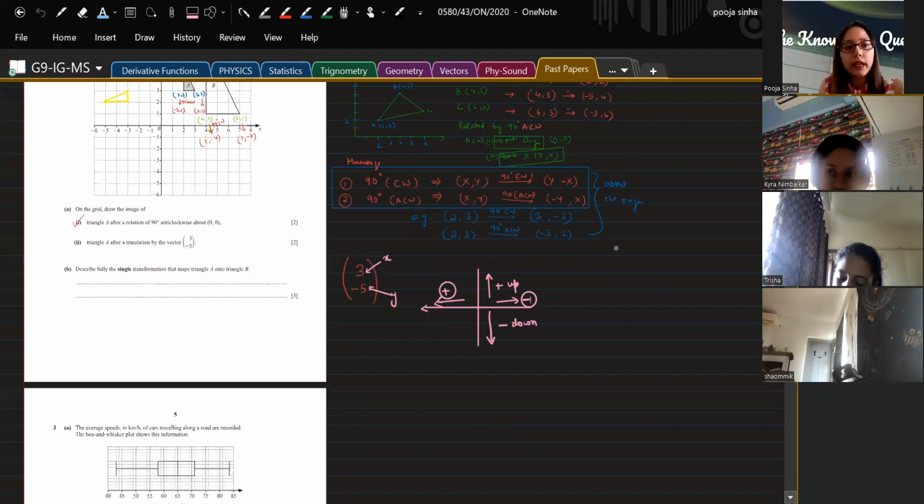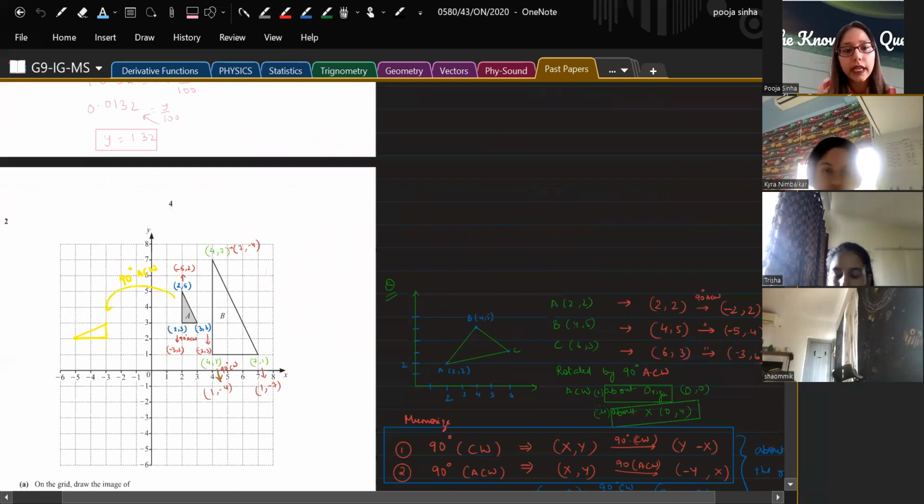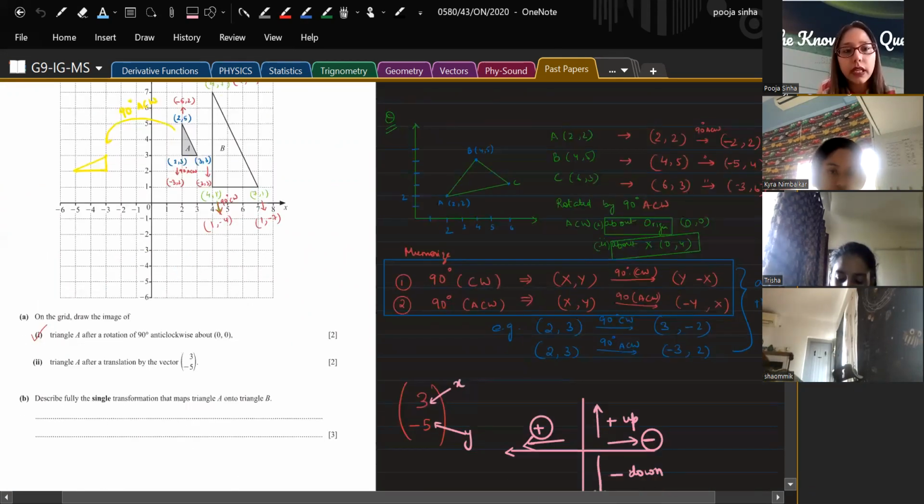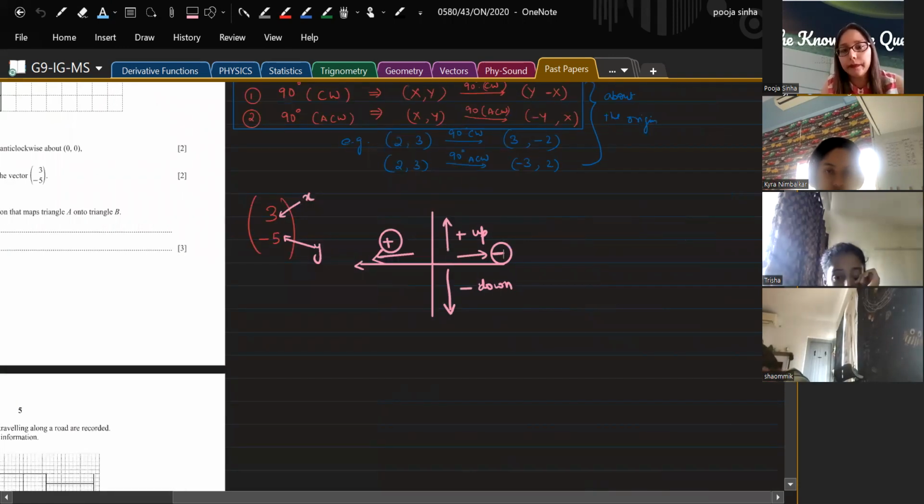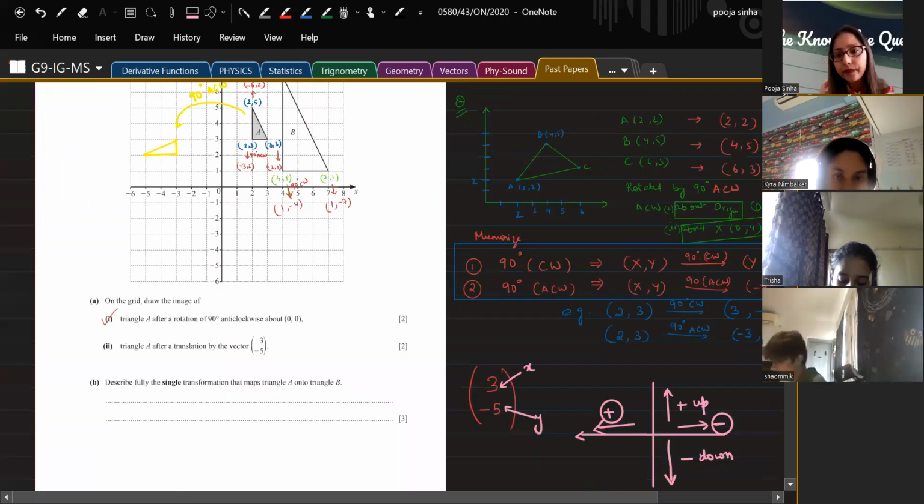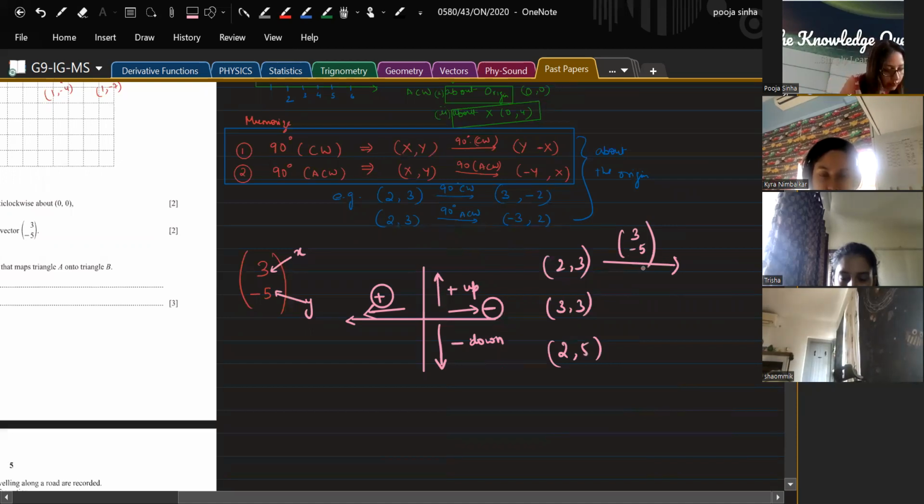So say we have to move the triangle. We have to translate triangle A, and what were the coordinates of triangle A? 2,3, 3,3 and 2,5, right? Those were the coordinates: 2,3, then it was 3,3 and 2,5. So which means it has to go, I'm talking about this one. So the translation is how much? 3 and -5. So your answer will be